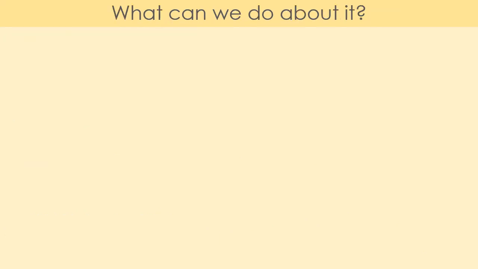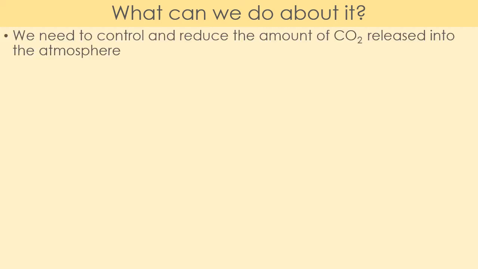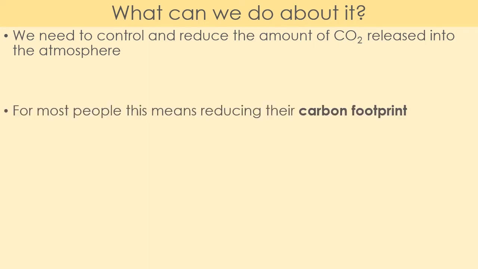Now you might be thinking, well, what can we do about it? This is actually quite bad. You know, if we're running out of food, our temperatures are increasing, we're getting rid of that biodiversity, there must be things that we can do. And you'll be pleased to know there are. To do it, we need to make sure we control and reduce the amount of carbon dioxide released into the atmosphere. If there's less carbon dioxide released into the atmosphere, and we reduce it, the average global temperature will come down.